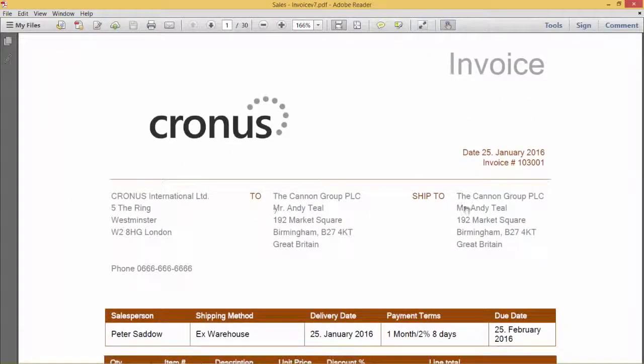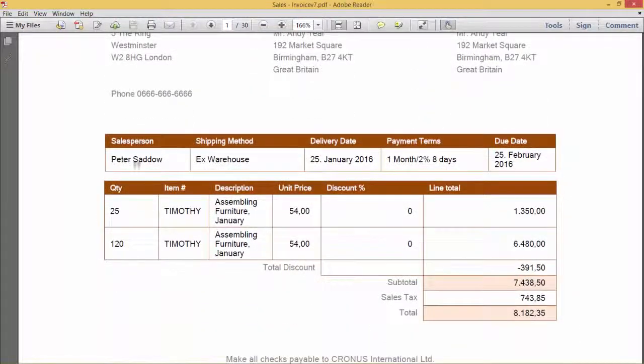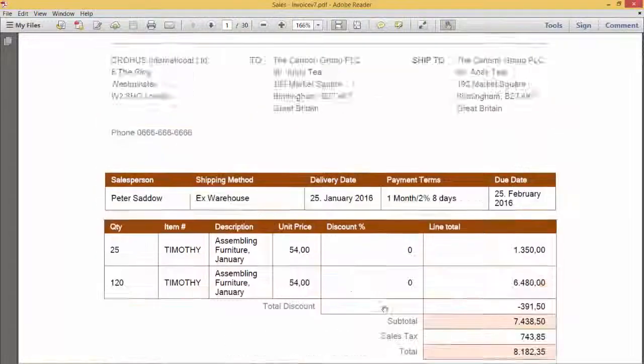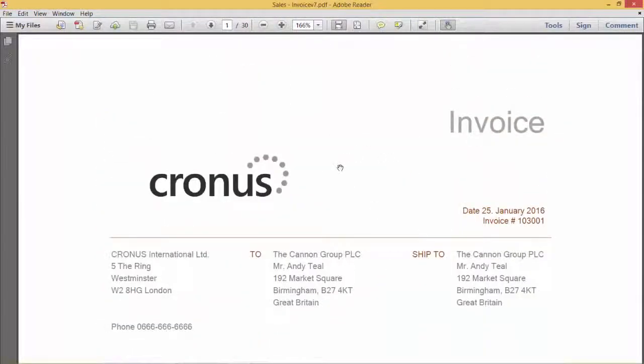It has all the correct things for the customer address, the ship to address, and the company address, and the phone number. And now it has a salesperson, and it also has the lines as we also saw before, and it has the correct total and so forth. So this is the complete report, and this gives you an idea how easy it is to import this report into your NAV 2015.